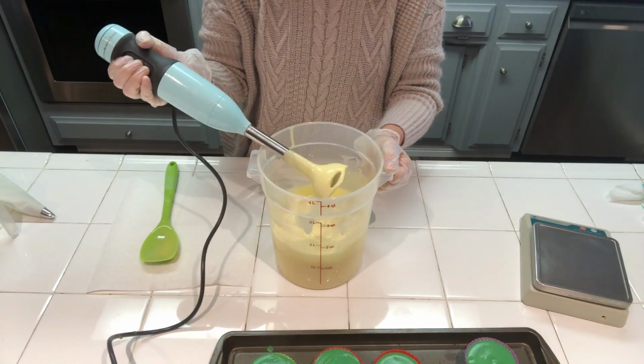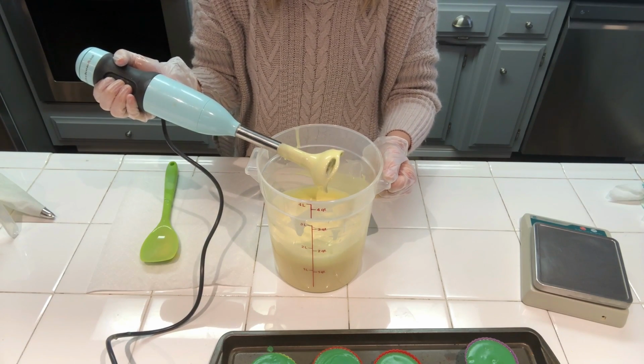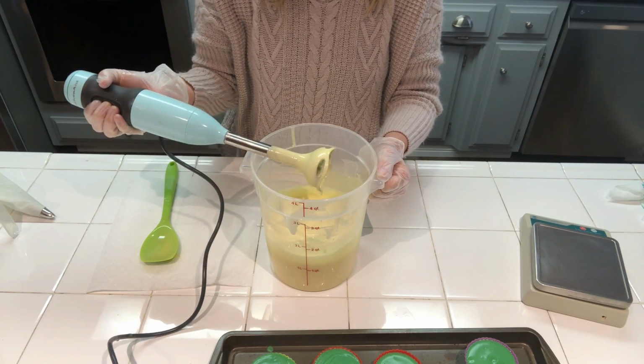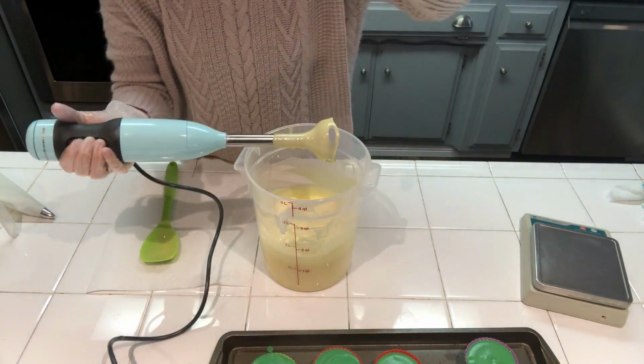Okay, and now we're just gonna leave this sit for a few minutes. Like I said, this does set up rather quickly, so you wanna definitely watch it. Check it after about 3 to 5 minutes, and then if it's set up, you're ready to go. If it's not, give it another 3 to 5 minutes. So I'll bring you back when this is ready to pipe, and I'll tell you how long it took to